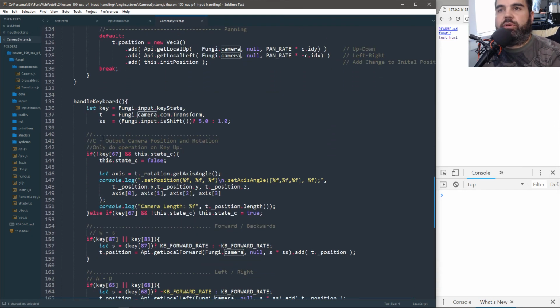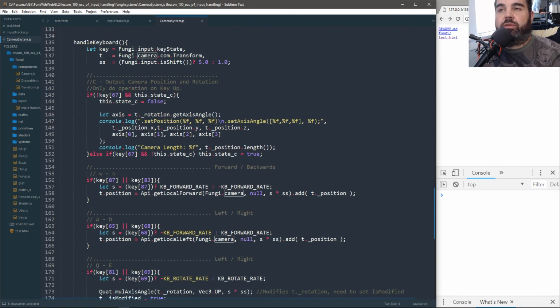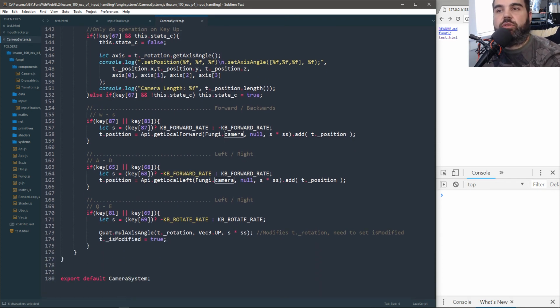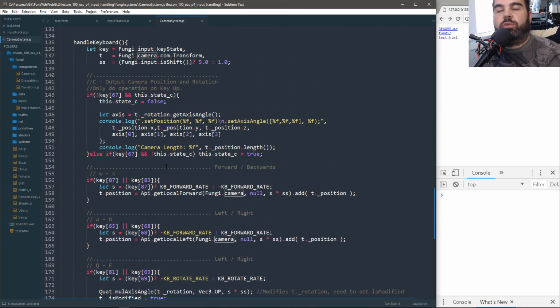And handle input from keyboard is different. This is more if statements instead of switch statements. So this way I can hold down the forward button and the left button at the same time so I can walk diagonally. Everything's if statements, so I can actually handle multiple key states at the exact same time. And everything kind of just builds up. So if I'm holding down W and S,